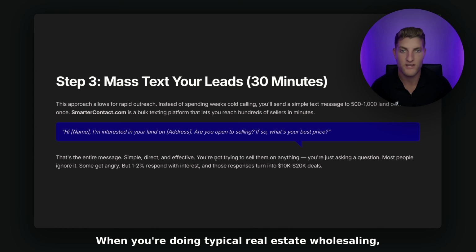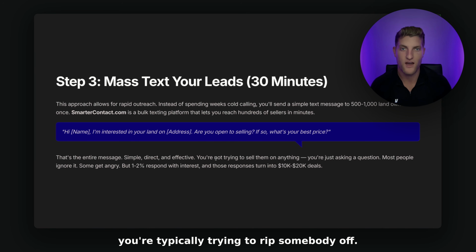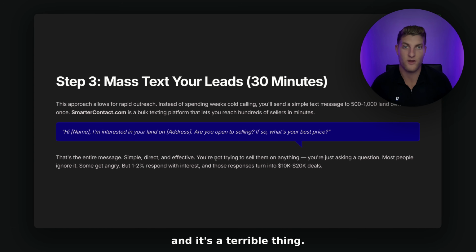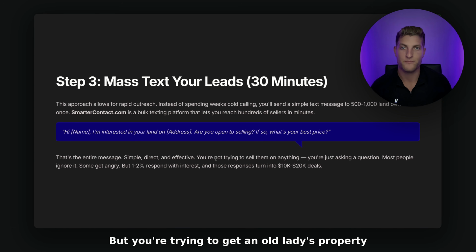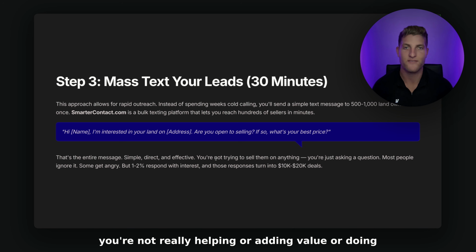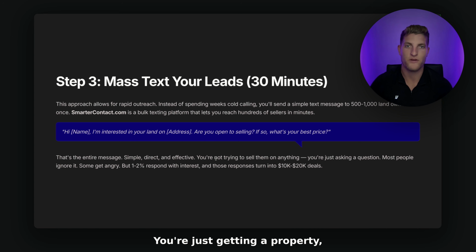When you're doing typical real estate wholesaling, like I said, you're typically trying to rip somebody off. You're trying to get an old lady's property. Typically, this is how it works, and it's a terrible thing, but you're trying to get an old lady's property that's worth $150,000 fixed up for $20,000, flip it to an investor for 50. He puts 50 grand of work in. You make 30 grand. The seller only gets 20 for the property. The investor makes 50 grand after they fix it up for 50 and flip it. And you're not really helping or adding value or doing anything. You're just getting a property, lowballing them, and getting it for pennies on the dollar, and then selling it cheap